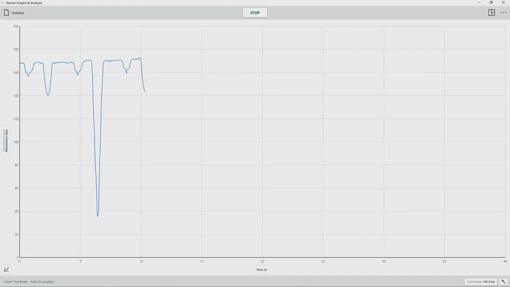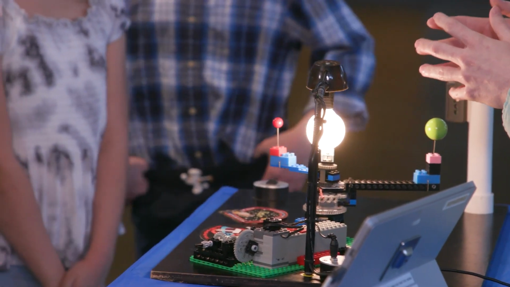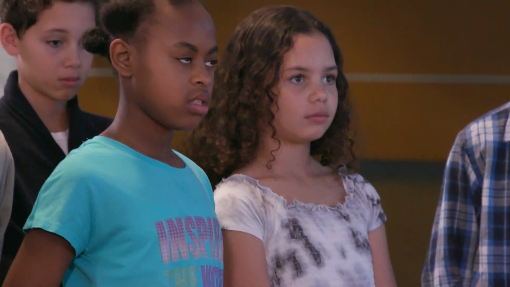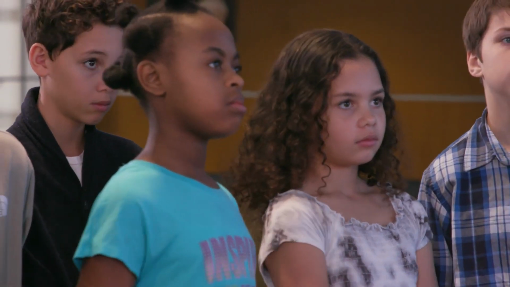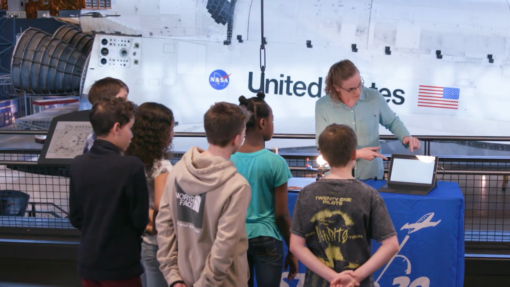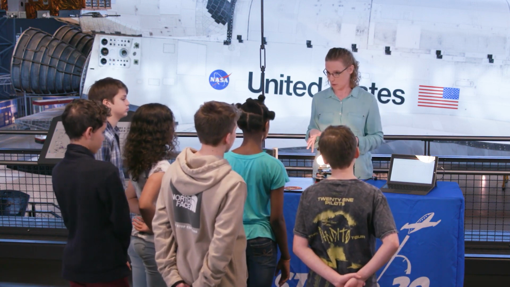Now what is happening to the brightness of that star? It's shifting. So what is causing the light to drop, or it to look like the star is getting less bright? Planets blocking it? Exactly. Every time one of those little exoplanets goes in front of the star, it blocks a little bit of the light, just like you might do with your hand blocking the sun. If we can't see this part in our telescope, if all we get is the measure of that brightness, we can still figure out a lot about those exoplanets.